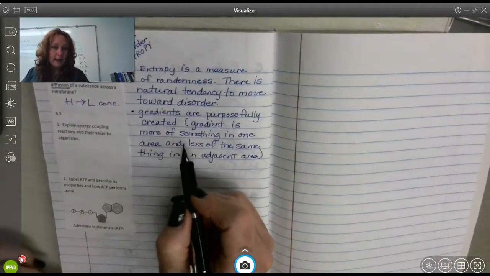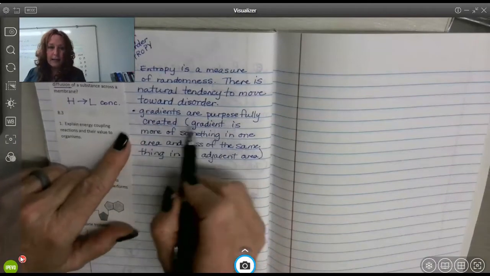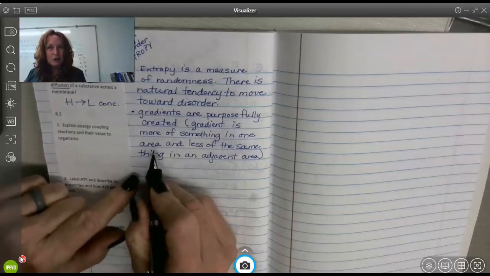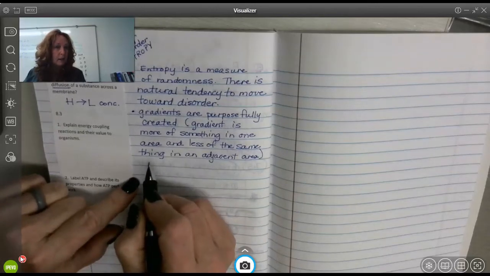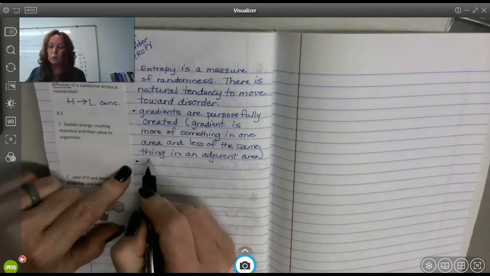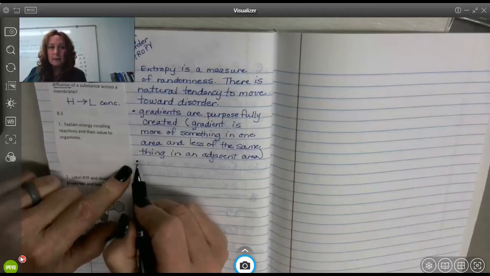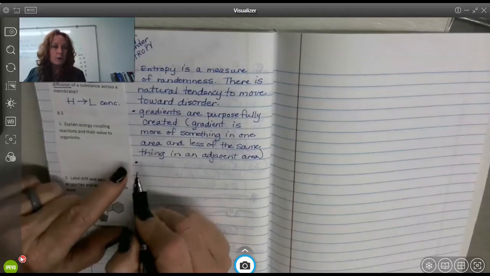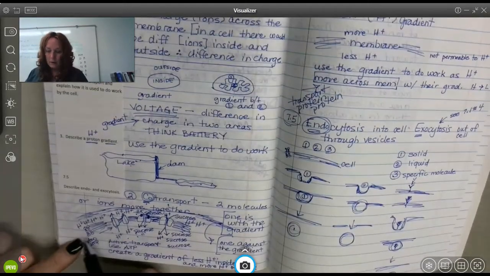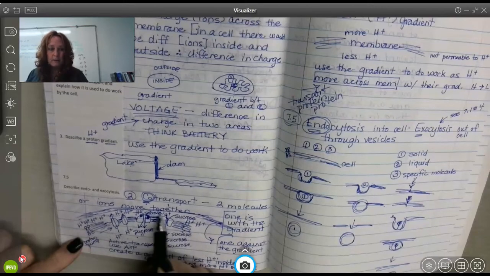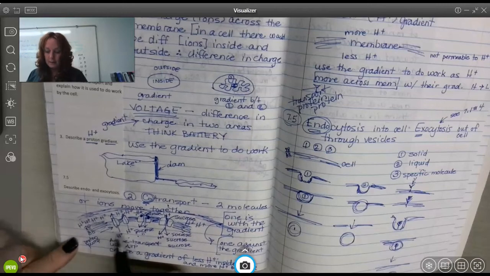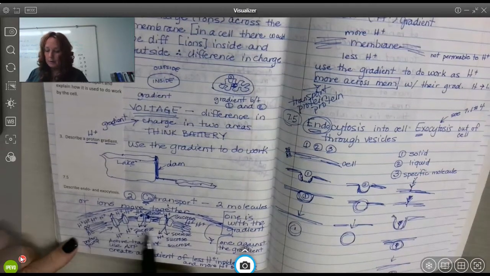Those don't naturally happen. They're created anytime that there is an action that created something. In other words, it didn't randomly happen. That's where you're going to reduce entropy. It's bringing order. So if I order the system here, I am pushing these hydrogen ions to where the order of this system is more here, less here.